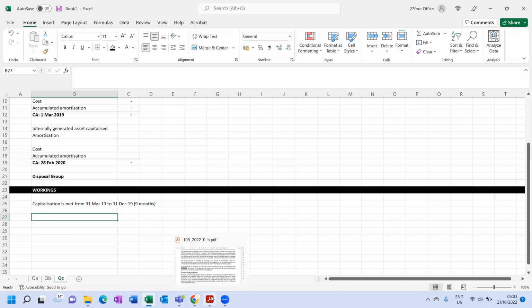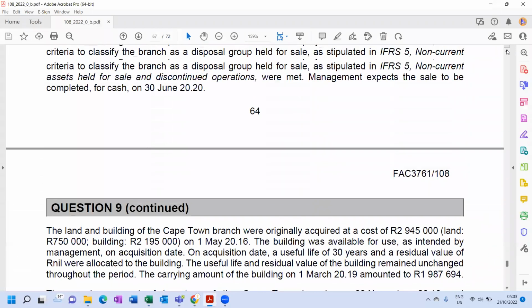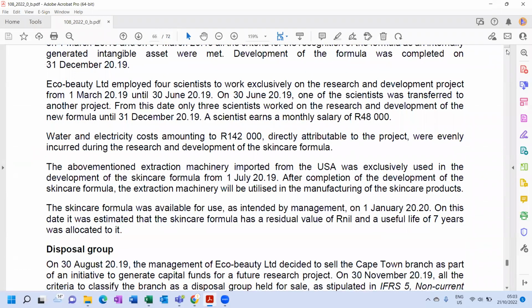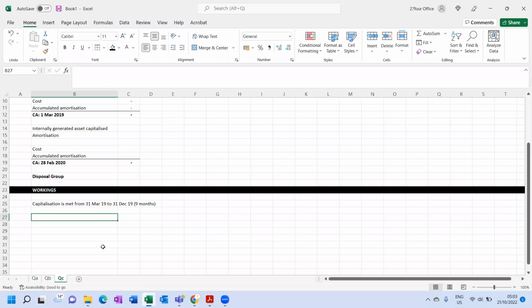So what can we capitalize? Let me go up. What can we capitalize? The following. Here we say employed scientists to work exclusively on the project. Remember, 4 scientists were on from 1 March to 30th June. But we can't count from 1 March. We must count from